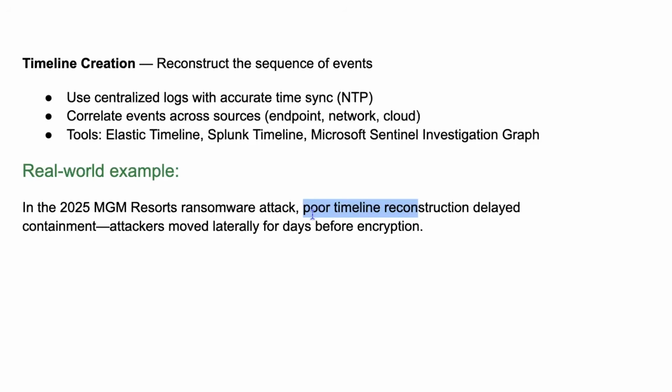Obviously, they were hacked and all these things, but the security team did not reconstruct the timeline well enough. They delayed their timeline, or I should say that they didn't reconstruct the timeline well, and as a result of that, their containment of the ransomware was also not done properly, and therefore the attackers were able to move laterally for days before actually encrypting everything. And this is really, really crazy. For somebody to be able to move laterally for days inside of your network gives them an immense amount of